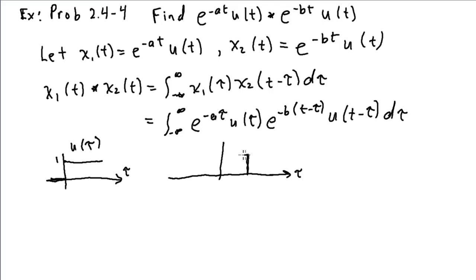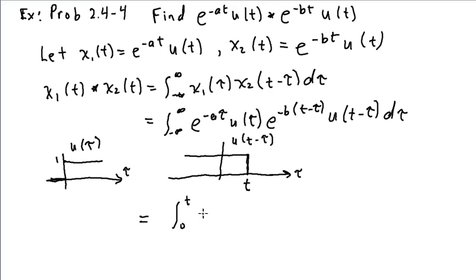It's actually a time reversed function, shifted to t. Okay. So this would change our upper limit of our integral to t, as long as t is greater than 0. If t is less than 0, the product of these two functions is 0, and the integral would be 0 everywhere. So we can replace our limits